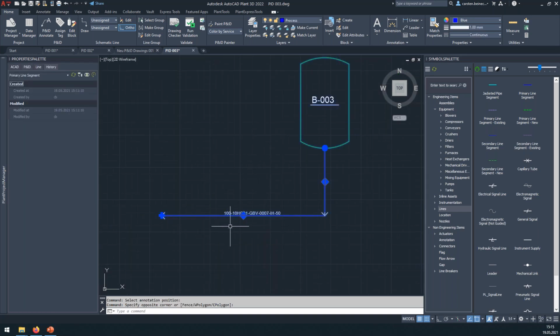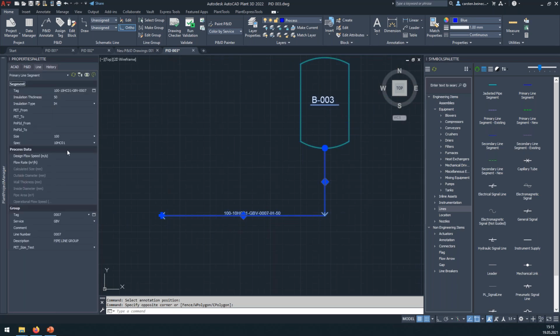Also, the size in this example, I use that regularly in my demos. The size is also calculated. I fill it out manually, but if I would save the drawing, you would see that the size would disappear, because the size, as you will see in a moment, if I fill out the flow speed and flow rate, you will see that all these properties will be filled out or calculated,